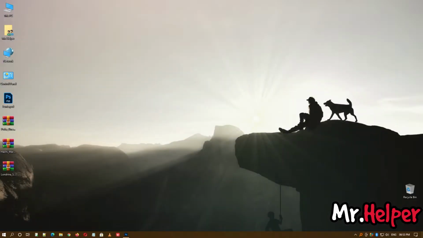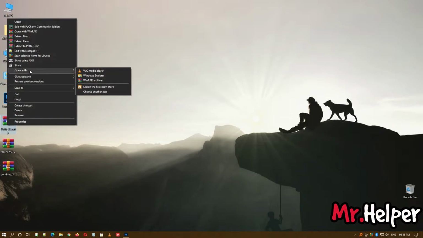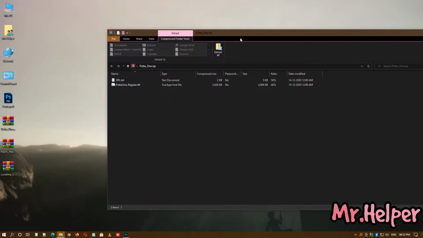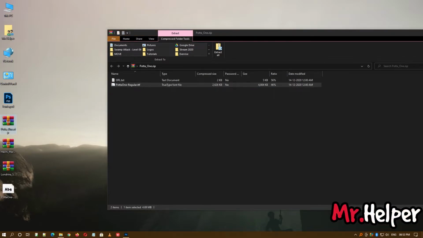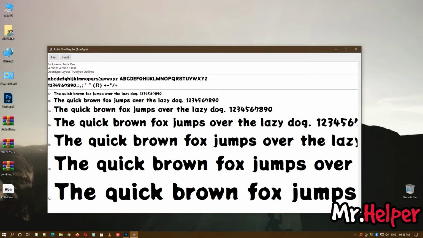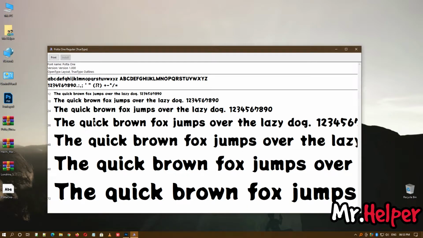So what you have to do is select the file, right click and move your mouse over open with, and then click on Windows Explorer. Now copy this file to your desktop and close it. Now what you have to do is simply double click and click on install. That's all you have to do.